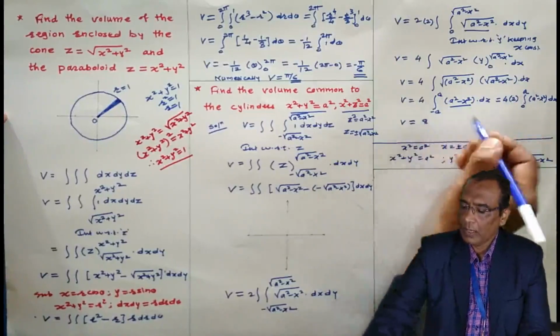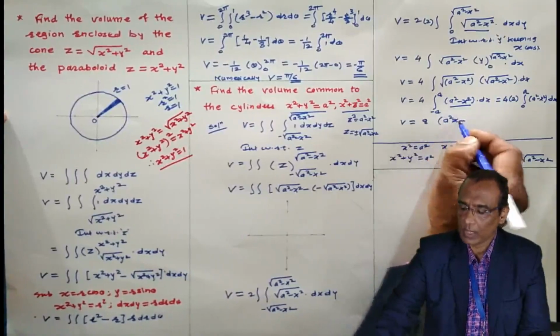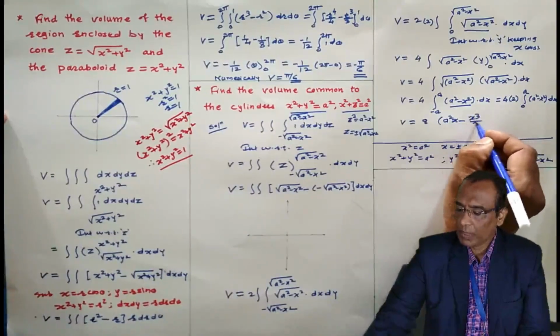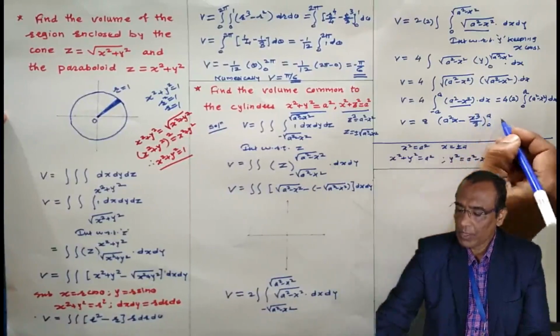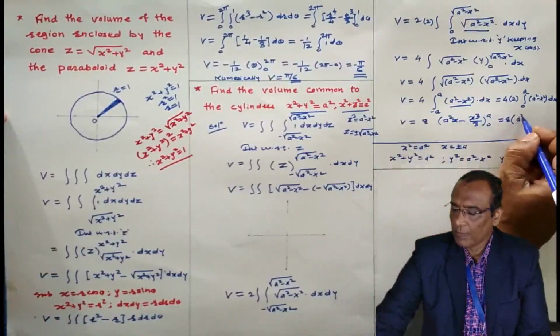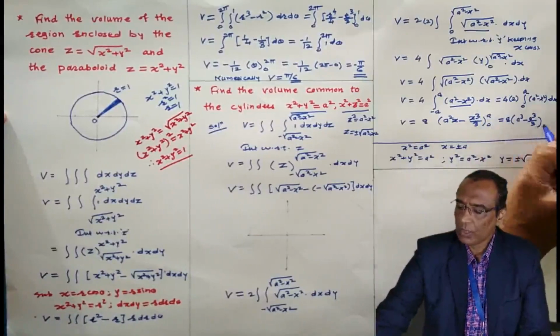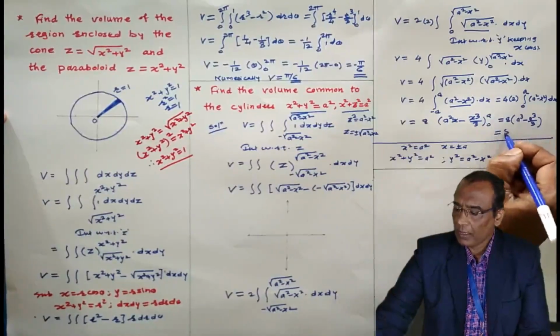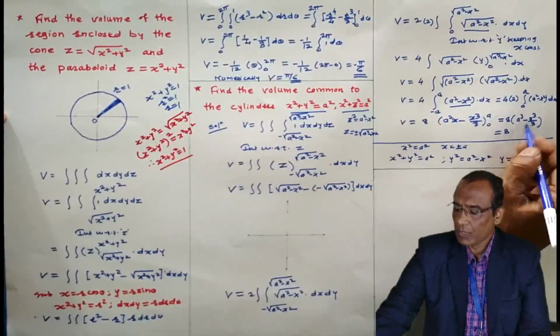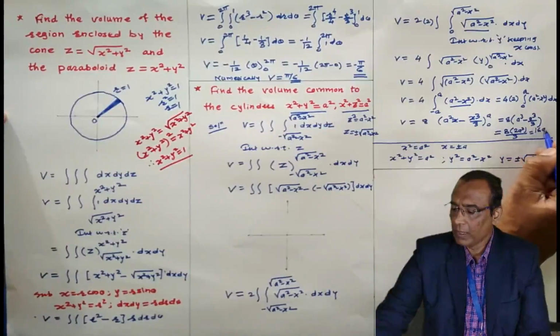This is 8. Then the integral of a square is a square x with respect to x. The integral of x square is x cube by 3. Lower limit is 0 and upper limit is a. Put upper limit and lower limit very carefully. If you put x equal to a, it will be a cube minus a cube by 3. And if you put x equal to 0, you will get 0. Then 8 times, here 3 minus 1 is 2, 2a cube by 3. Therefore 16a cube by 3 is the volume.